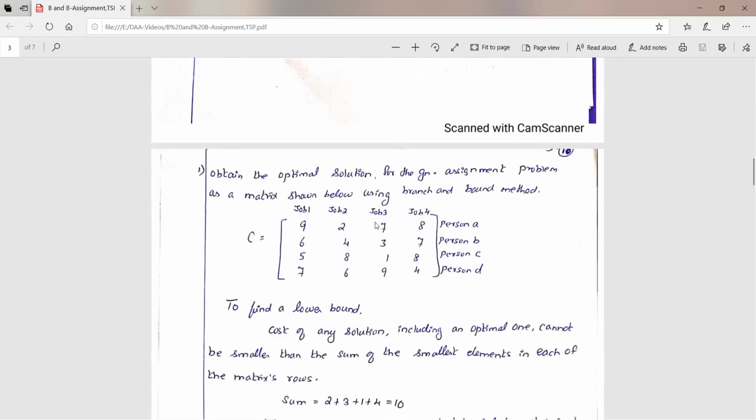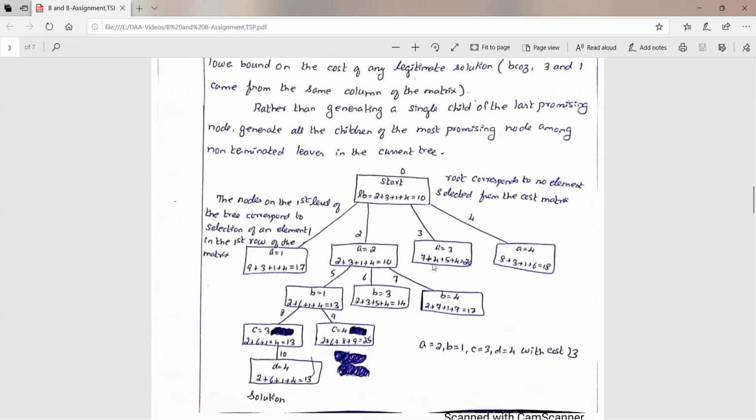So now what you have to do, first this 7 is fixed for the person C for the third job. So when it comes to the next row, we have to find the least value, but the least value is again pointing to the job 3, but don't consider this least value. Find the next least value, that is the 4. So here, this is also in the third column. So don't consider this. The next least value you have to consider is 5. So here you have to take 7 plus 4 plus 5 plus 4. So here 7 plus 4 plus 5 plus 4, we are having the value 20.